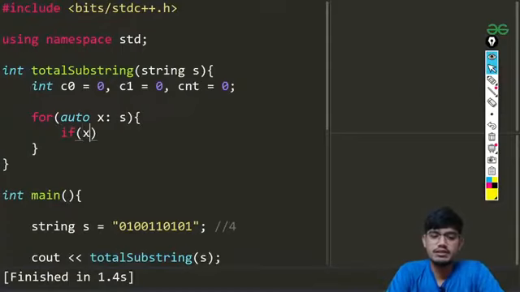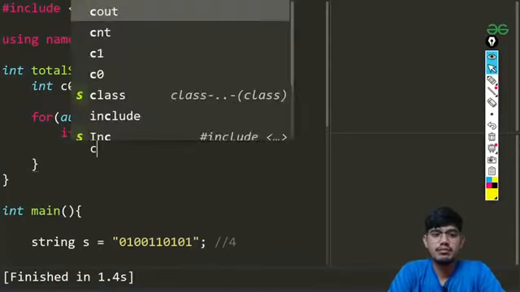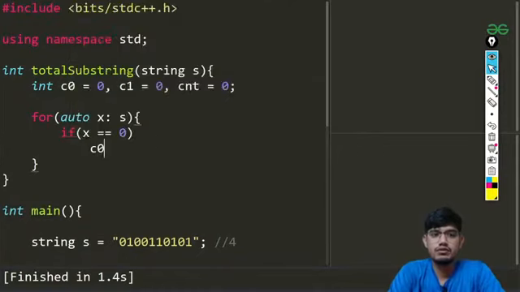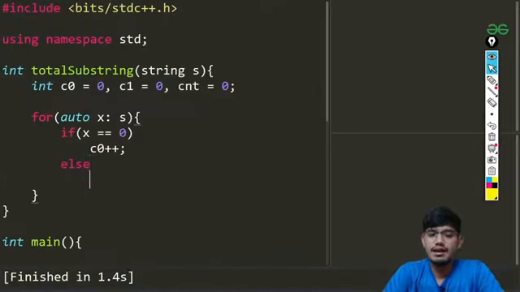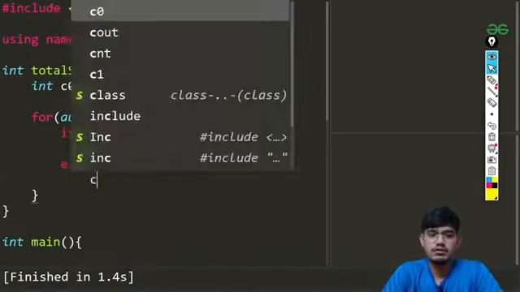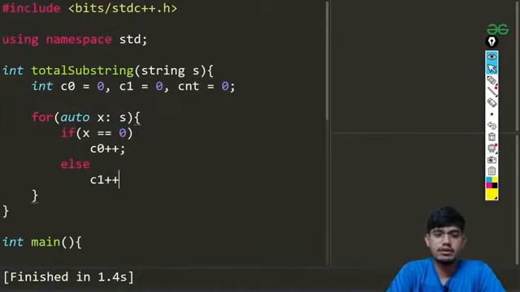If my x is equal to 0, I'll be just incrementing our count of 0. Else it will be 1 only, because it is a string of zeros and ones, so I'll be just incrementing C1.